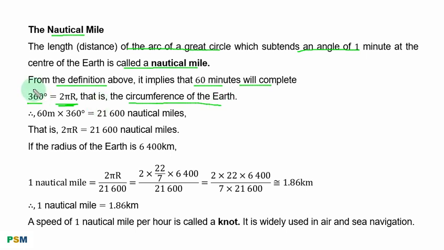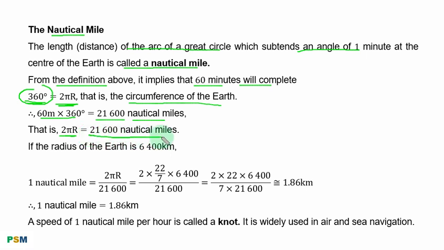To convert this to nautical miles, you multiply it by 60 minutes and you have 21,600 nautical miles. That is 2 pi r, that is equal to 360 degrees, is now equal to